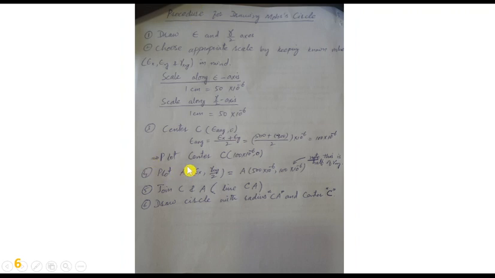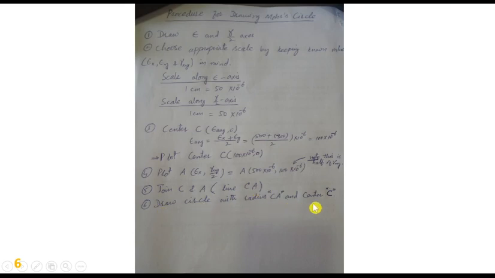So next, plot point A, and its coordinate will be epsilon x comma gamma xy by 2, and these values are given. A has coordinate 500 into 10^-6 comma 100 into 10^-6. Note this is half of gamma xy, because it is gamma by 2. Now we have points C and A. Join points C and A, this will be line CA.